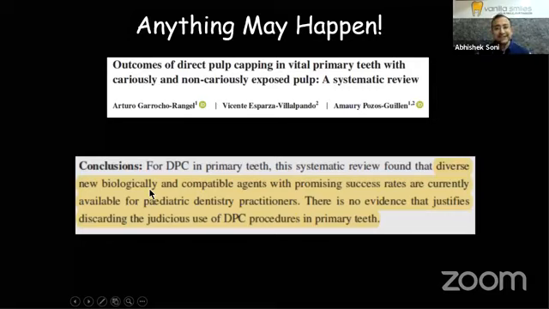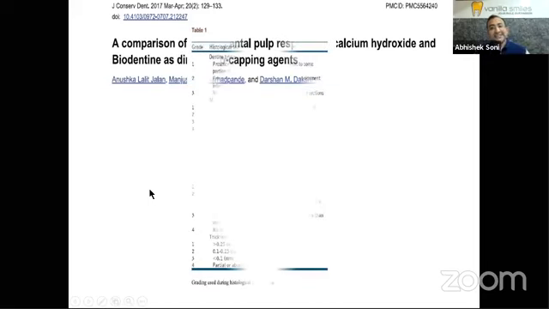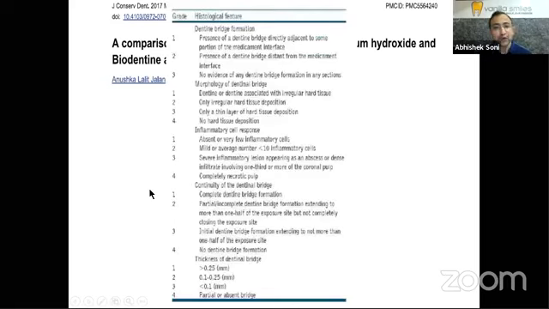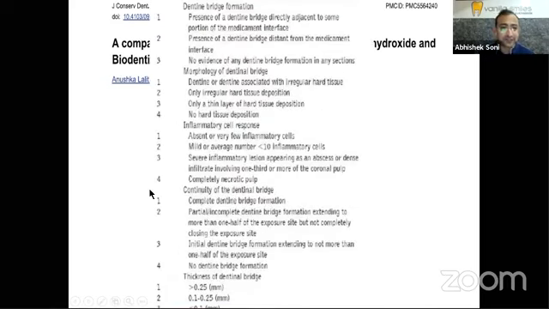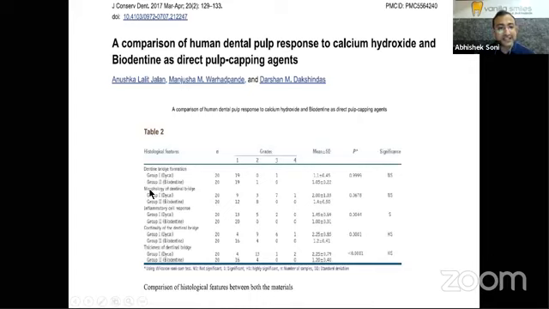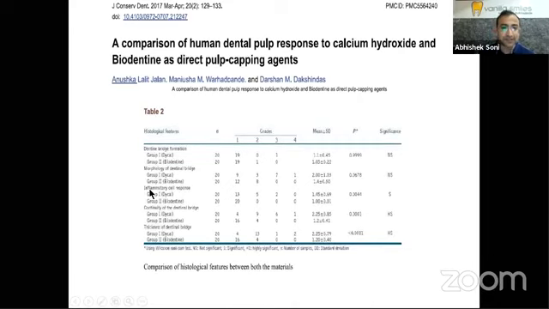So now there is enough evidence that we put a stop on invasive pulpal procedures. And that is only because of the presence of bioceramics that are available in our practices. That includes your Biodentine and your MTA. So let's look at the role of Biodentine in this specific study, where they talk about the inflammatory cell response. If you see, the inflammatory cell response was grade 1 for all the 20 teeth treated with bioceramics. And that's because this is a purified product.